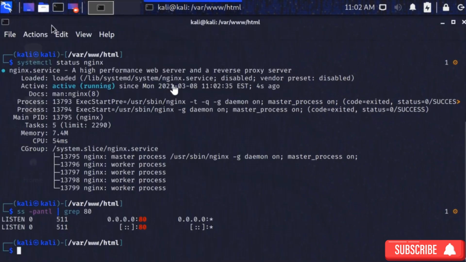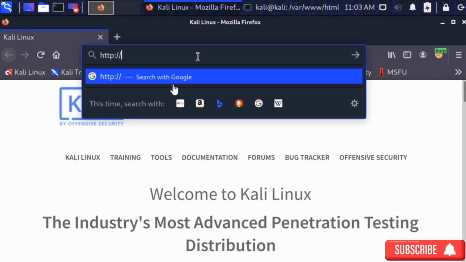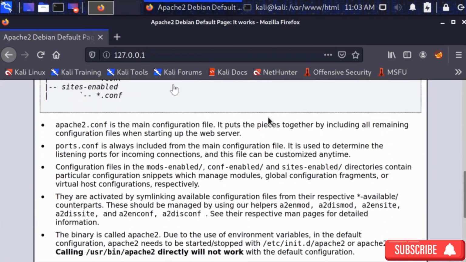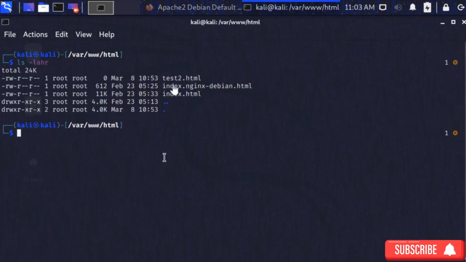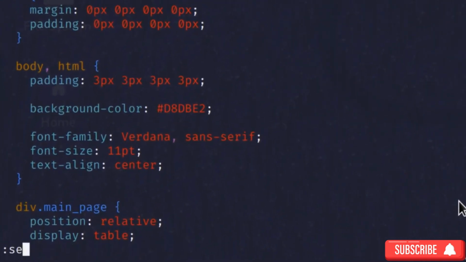Let's go to the web browser. I'm going to search on localhost. All right, so that is pretty cool. Now let me show you how we can edit this file. So what we can do, we can run Vim. The nice thing about Vim is that it color codes the lines. You can also see the lines,